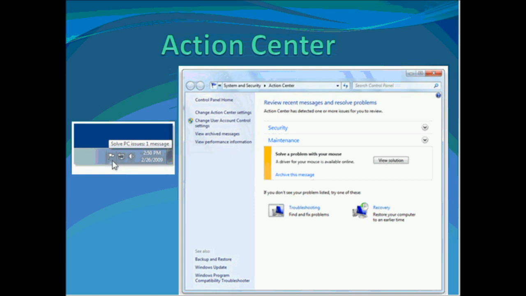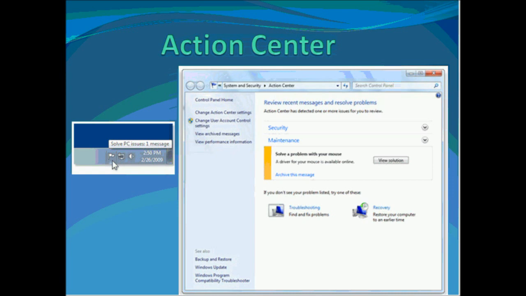Peeved by pop-ups with Windows XP or some other version of Windows, you can now get alerts in your Action Center right there on your Windows 7 desktop. Action Center gives you one place to go to address system notifications and tasks, and to keep your PC running smoothly. If Windows wants your attention, the Action Center icon appears in the taskbar. Click it and you'll see alerts and suggested fixes for any problems.